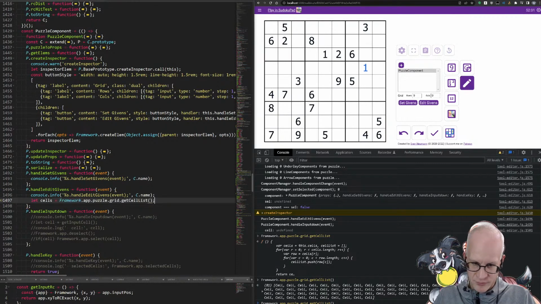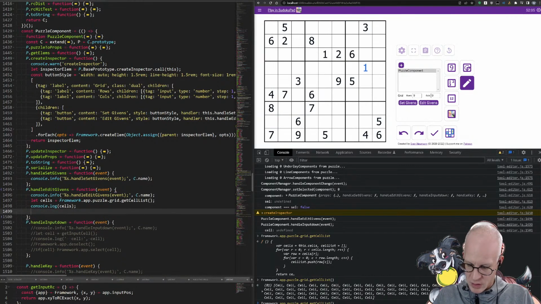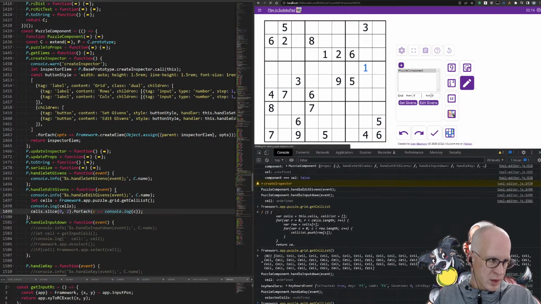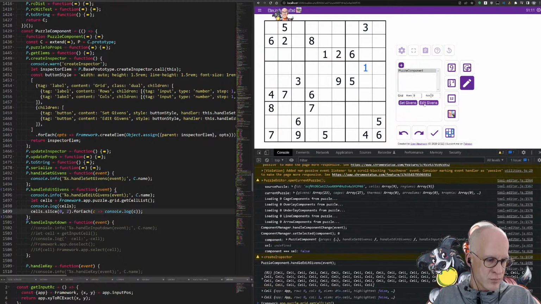Cells. And then cells dot slice 2 dot for each. I'm just going to look at a couple of them. All right, and then for each cell,